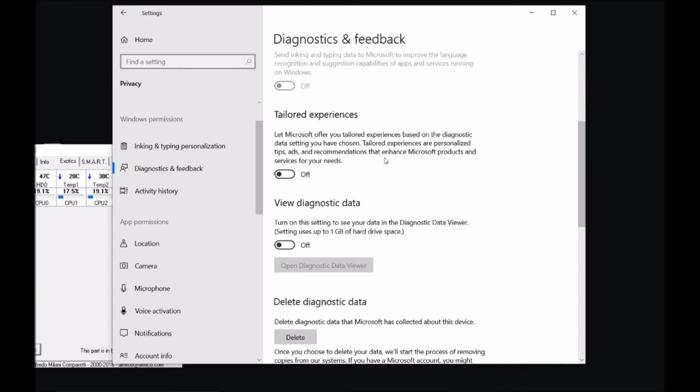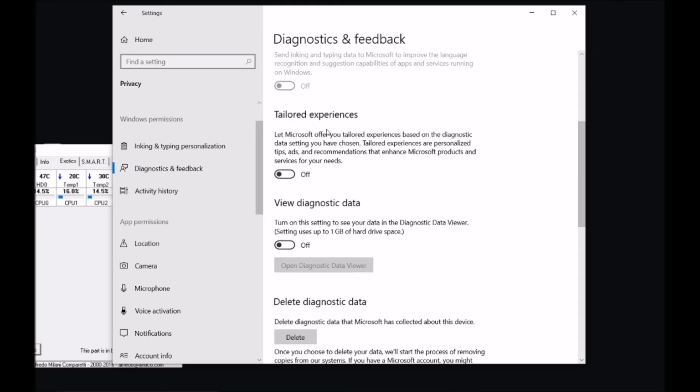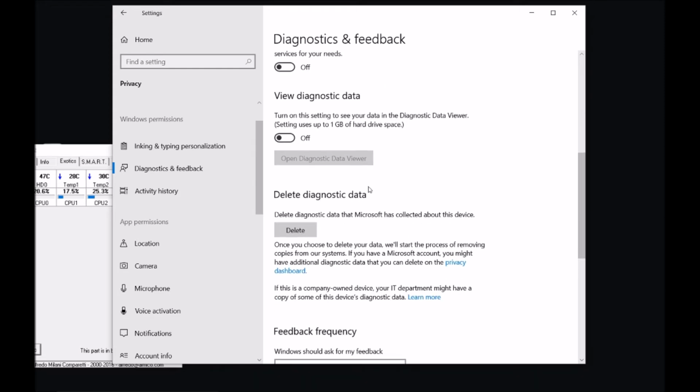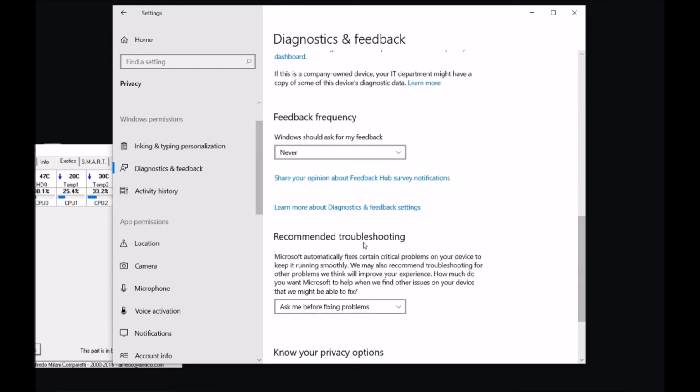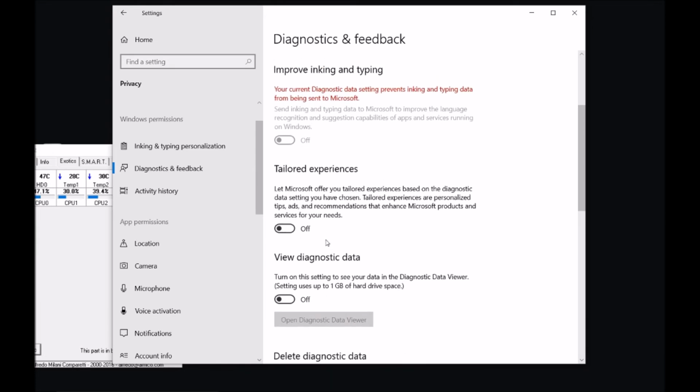I don't think you really need this. Most of the time it's perhaps just Windows putting nice titles and names on something that they use to get data from you. So if you want to, check these off and maybe read a little bit more, but the most important points are here, on or off.